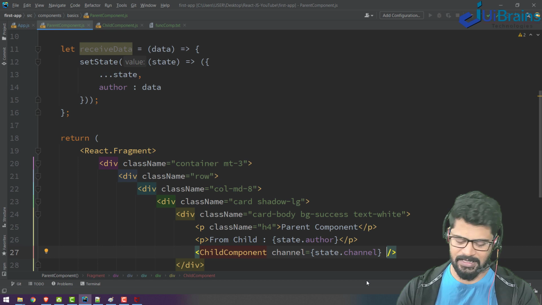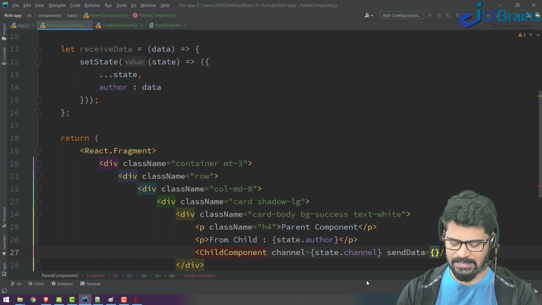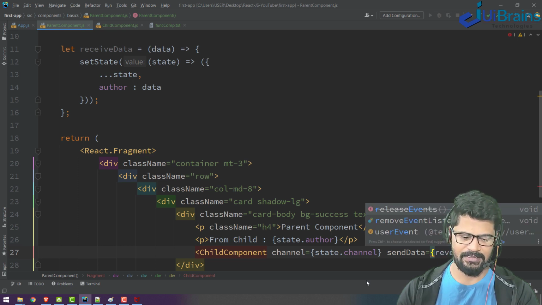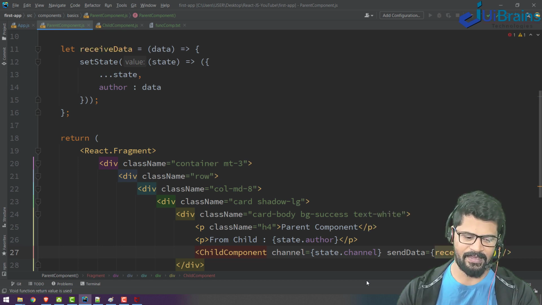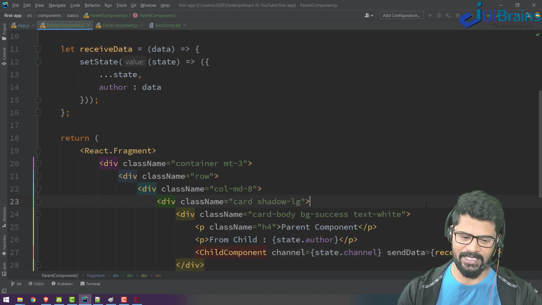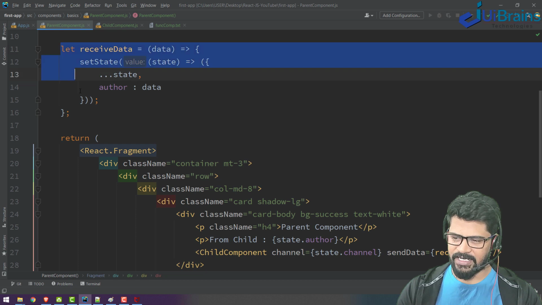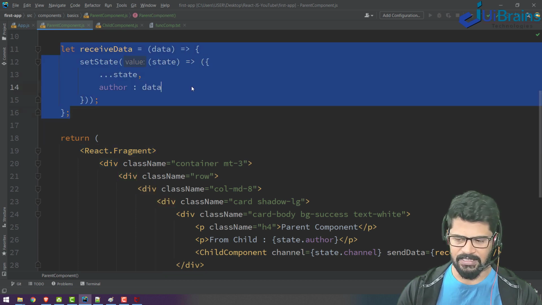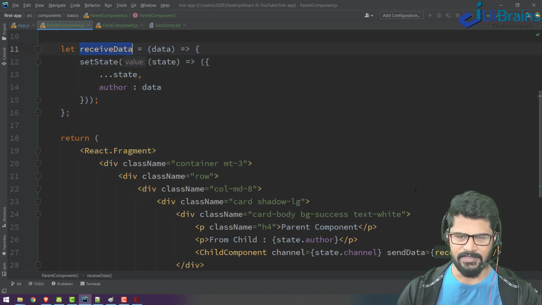What is the property? I'll say sendData is my property. The value is receiveData. It's a function, of course, but a variable also.